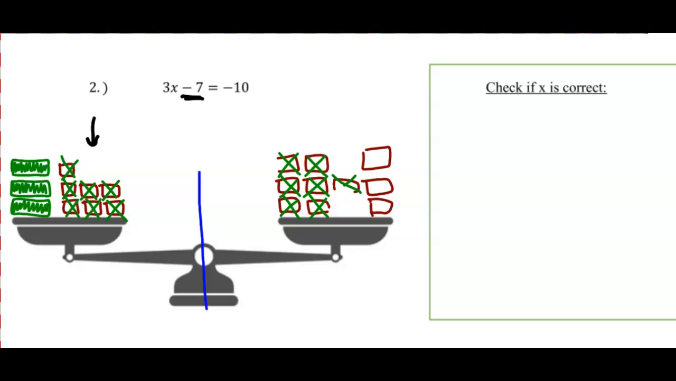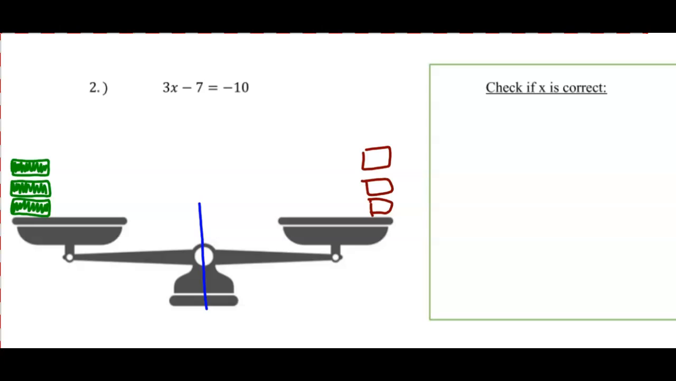So I did that by essentially adding 7 positive squares, and that would cancel out each of these. And then added 7 positive squares over here, which canceled out 7 of those. And so now I have this picture, and I have 3 x's on the left side and 3 units on the right side. Now, if I do what I did before, I organize them so